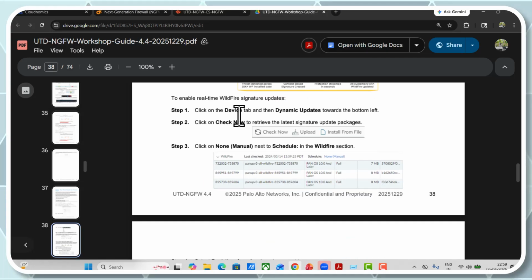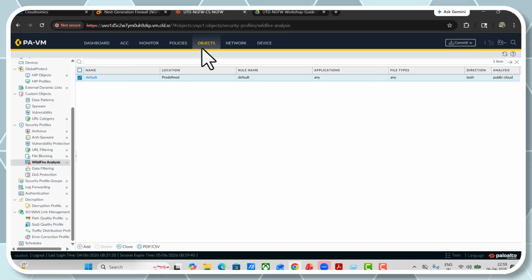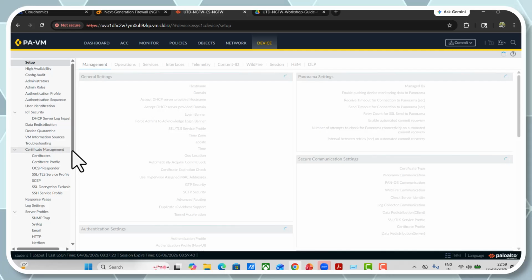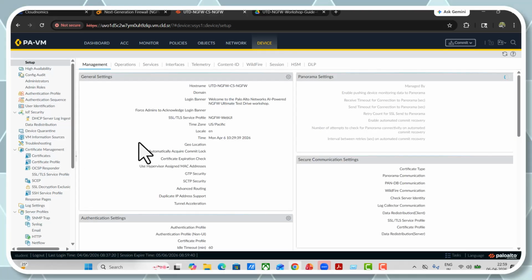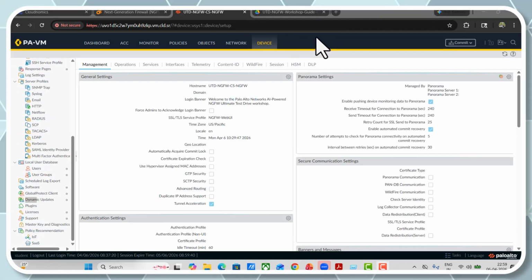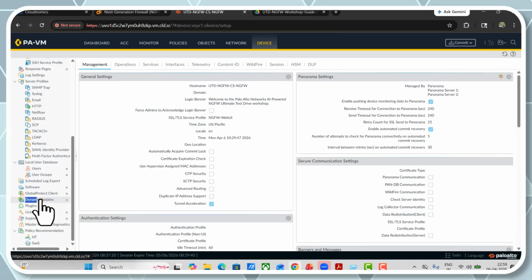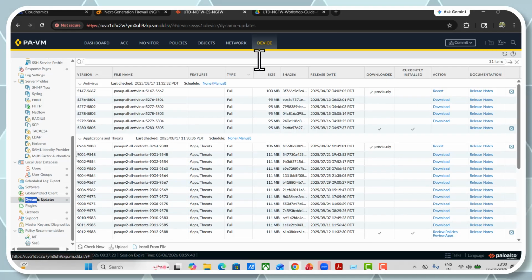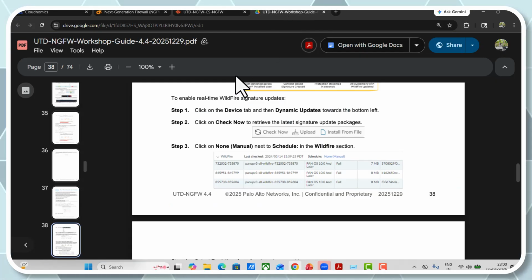So we need to go to device and dynamic updates. Where is my device? Here, device and dynamic updates. So let it load. It takes a lot more time. So now we will search dynamic updates here basically. So here is the option that is called dynamic updates. So in dynamic updates,